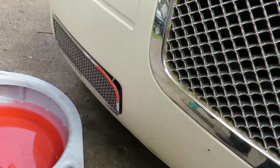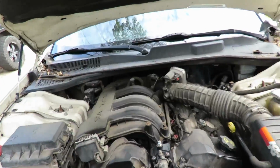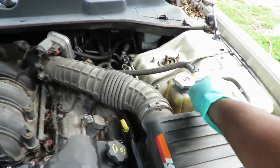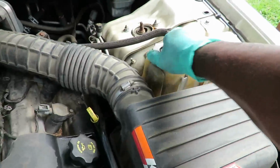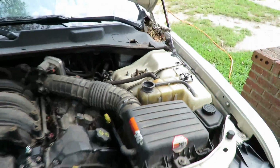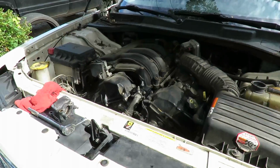Looks like a 3/8. So let me go get a 3/8 wrench, and we're gonna open that up, and then open this up, and we're gonna start pouring the antifreeze in there. All right, we'll be right back. Okay,